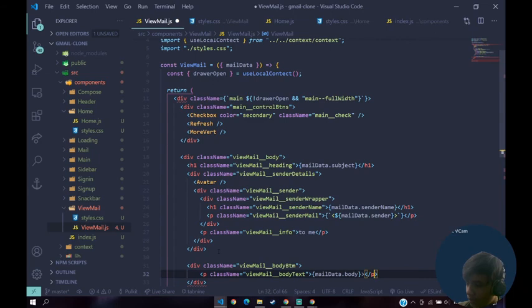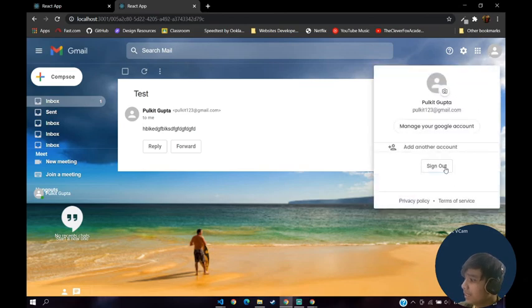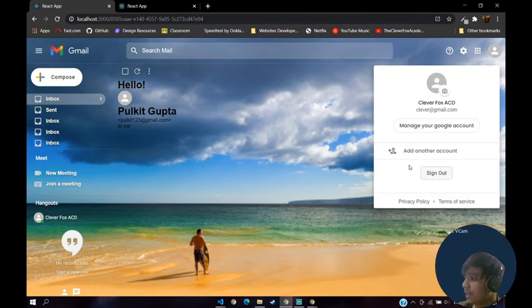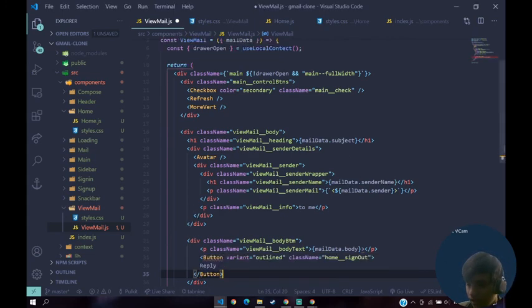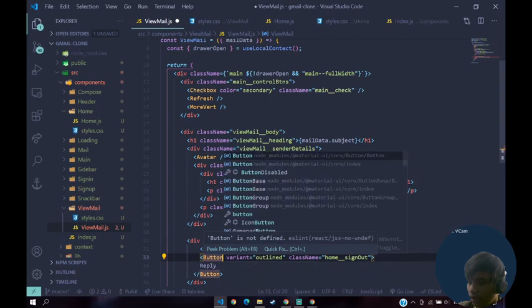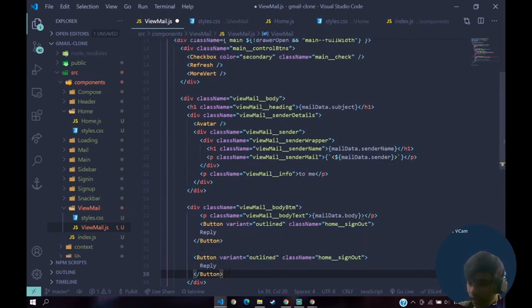And then I just close it, and then I'm gonna have buttons, the same buttons which we used for sign out. This is not the original, this is the same button which we use for sign out. I'm gonna get that same button, copy it, and bring it here. So button, let's import that. So button and the same class name, and just copy it one more time and save that.